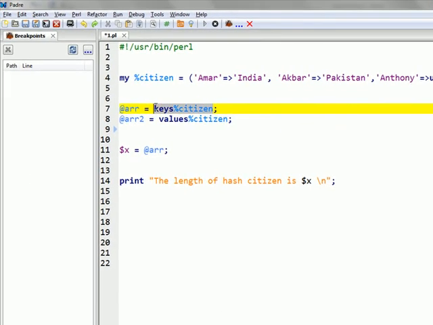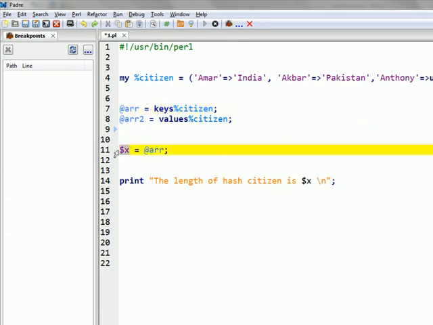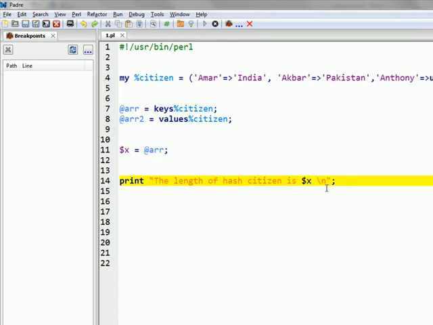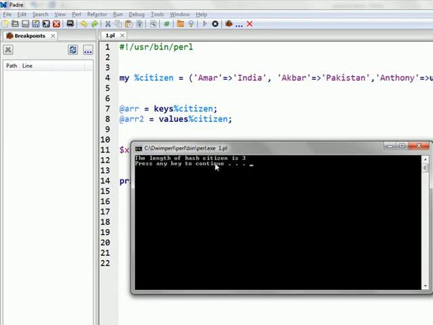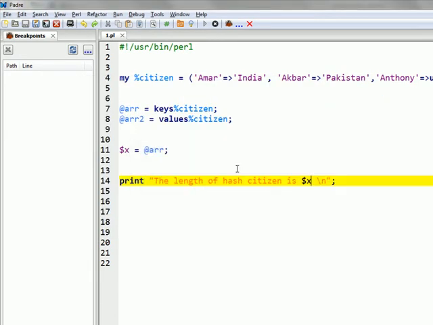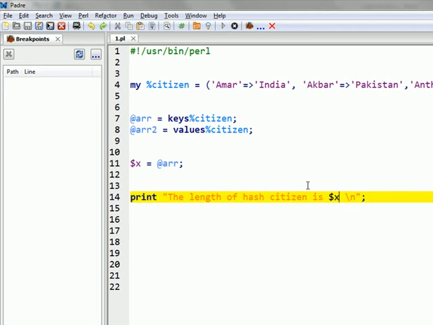Just assign all the keys to an array and find the length of the array. When you do this, it will be contextually calculated, and the number of elements in ARR would be nicely printed to the console, which is 3. The length of the hash citizen is 3 because it has got 3 keys.